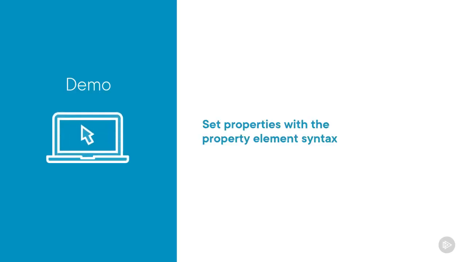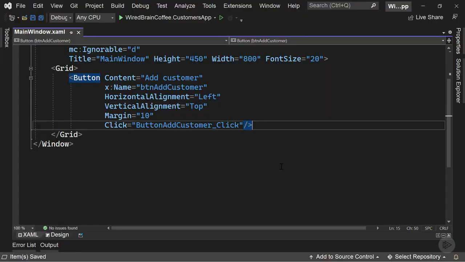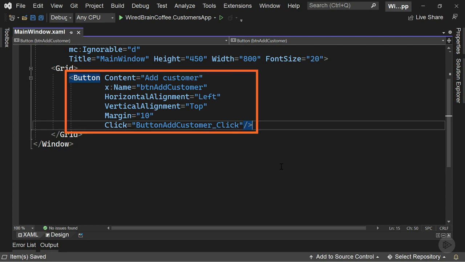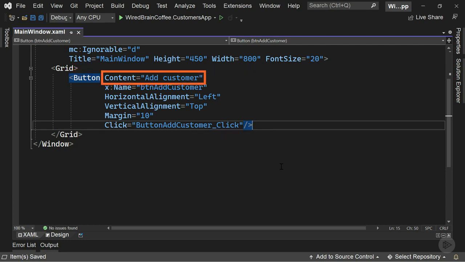In this demonstration you will learn how to set properties in SAML with the property element syntax. This syntax allows you to assign a complex object to a property. Let's switch to Visual Studio. Here I've opened the main window SAML file of our WPF project. On this button element here, you set here the content property by using the so-called